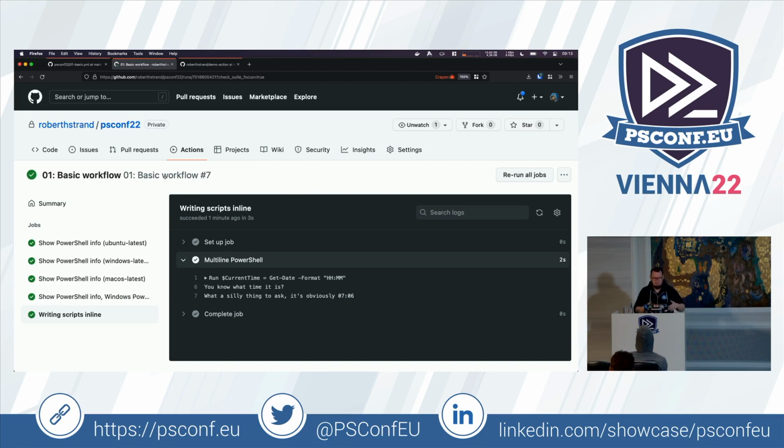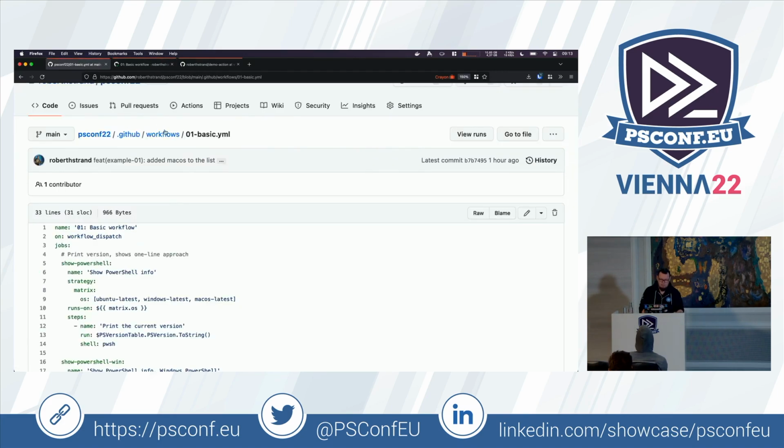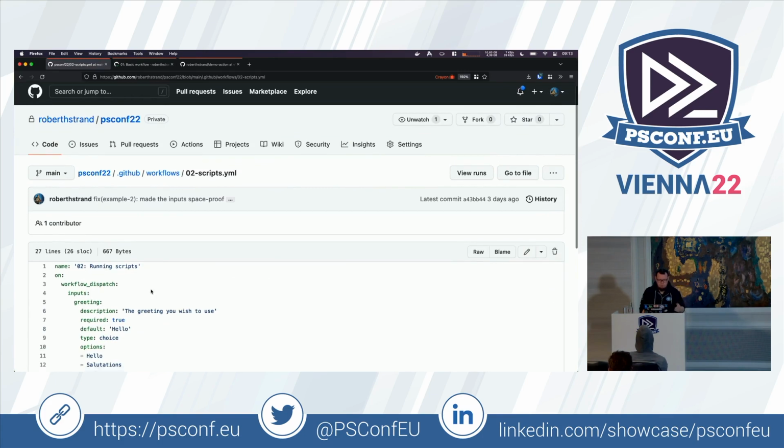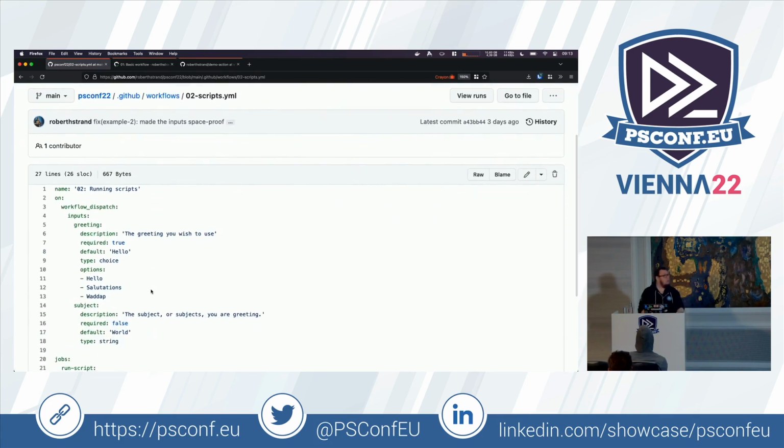So that's more or less how you use it. You just need to run basically a shell job and then define that the shell is supposed to be PowerShell. So it's not really that hard to do. But obviously you want to also be able to run scripts. So again, just to make sure that it's more interesting than just running a script saying hello,